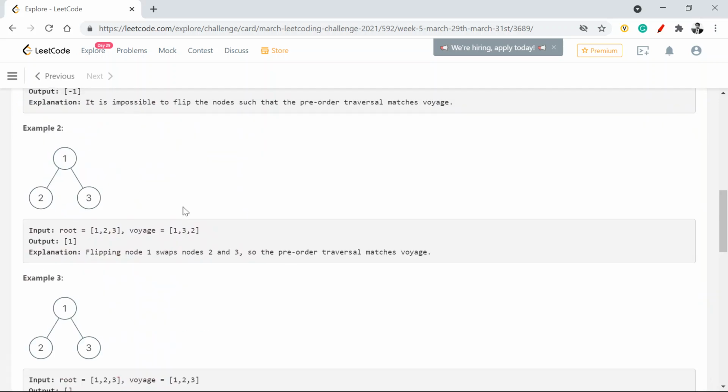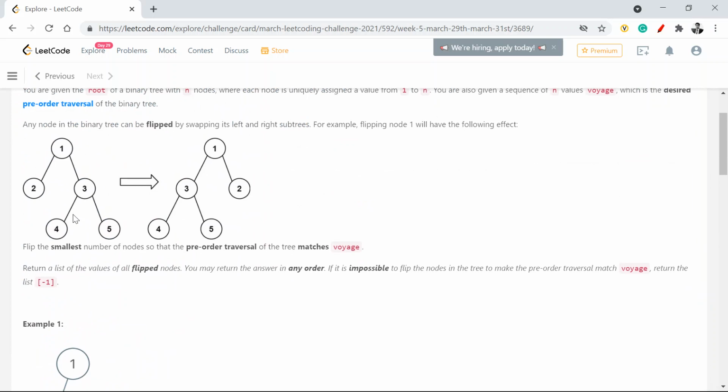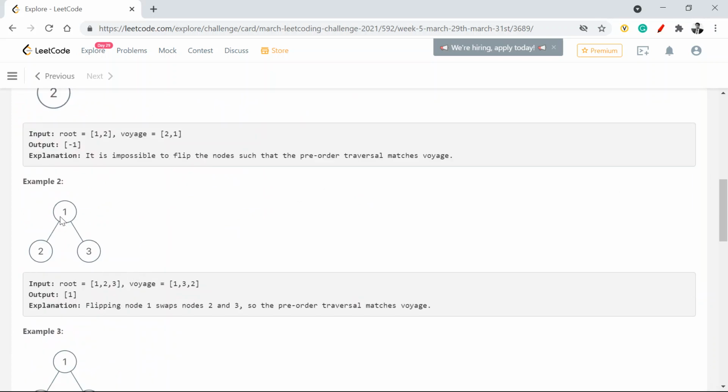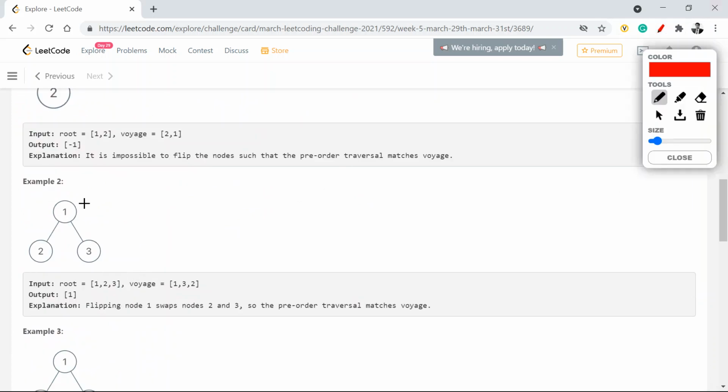Because if I look at this one, I already covered this part, one is matching with the input array. I'm checking whether my 2 is matching with this index or not. So it is not matching.